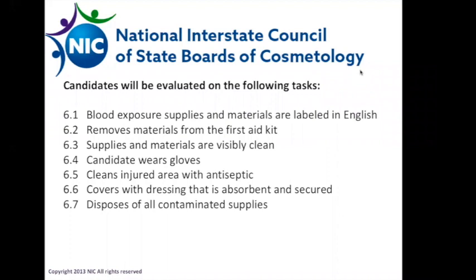So, in 6.1, your examiner is looking to see that the blood exposure supplies and materials are labeled in English. In 6.2, they remove the materials from the first aid kit, either by sanitizing their hands or putting on gloves. In 6.3, those supplies and materials certainly should be visibly clean. And in 6.4, we want that candidate to wear gloves prior to touching that mannequin. In 6.5, they're going to cleanse that area with an antiseptic. That could be an antiseptic wipe. It could be with